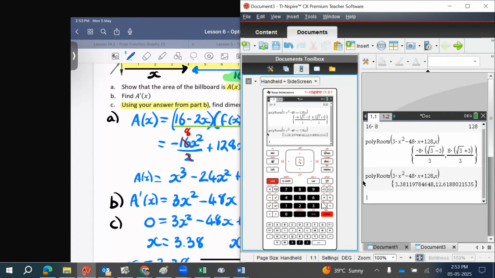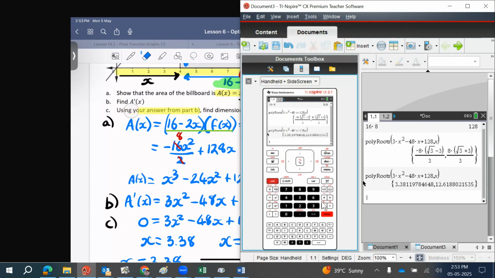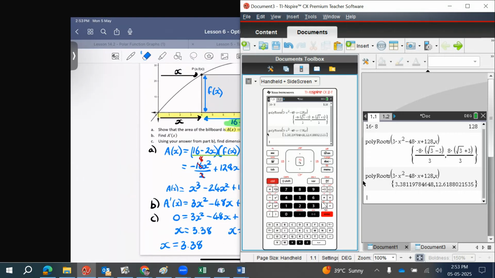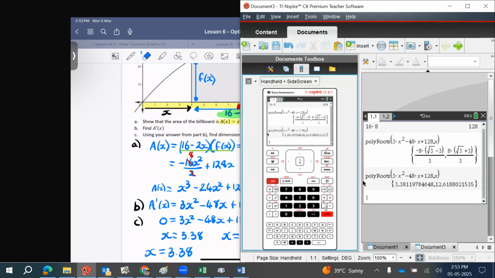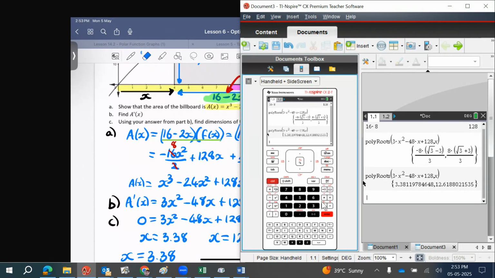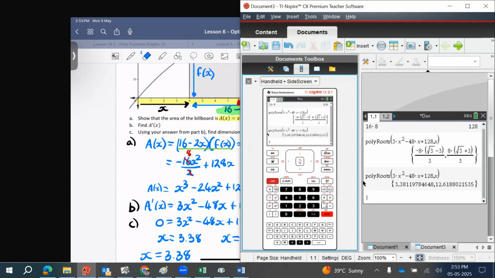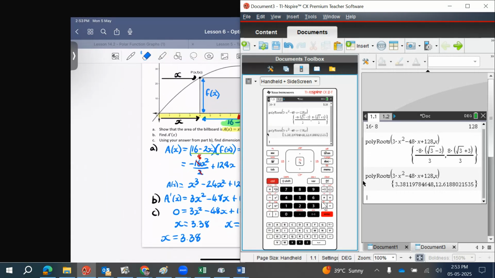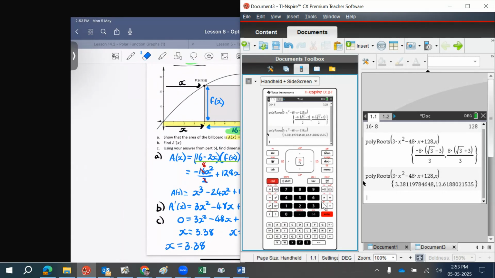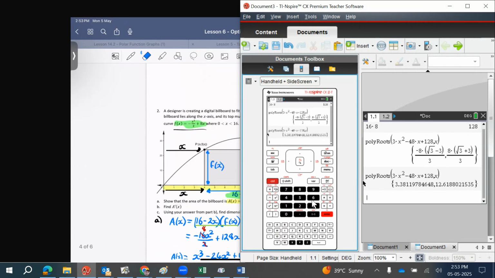When you finish, reread the question. Let me just clear it up a little bit. Reread the question. So it says, find the dimensions of the billboard. We haven't done that. We've got the length of x, but we don't have the dimensions of the billboard that's going to give us the largest area. It's not asking for what the largest area is. It's asking for the dimensions of the billboard. So we need to use the original function and find what the length is going to be. So our original function is up here in green, this one,